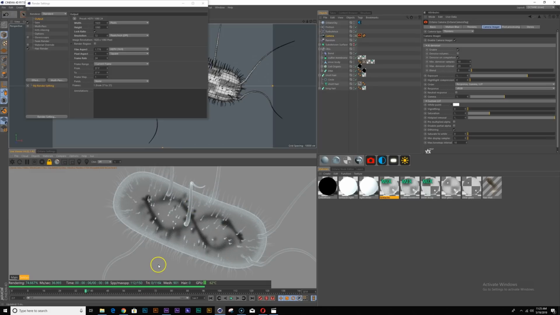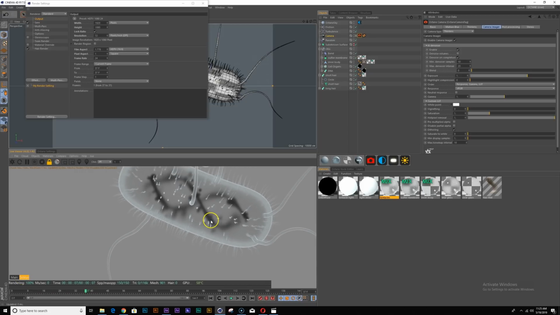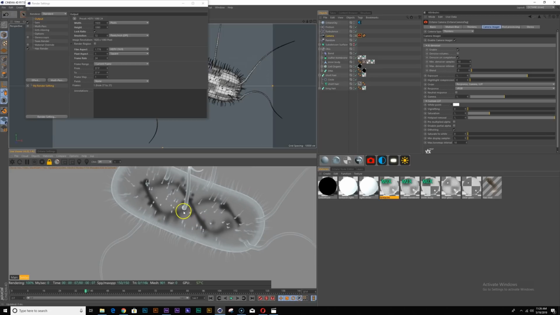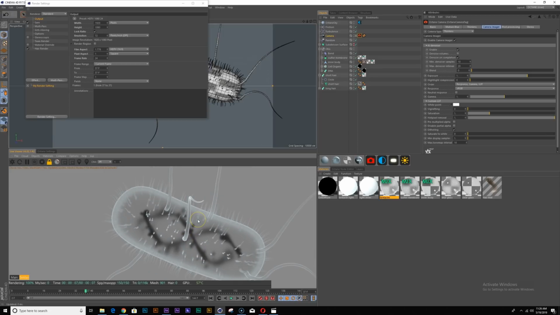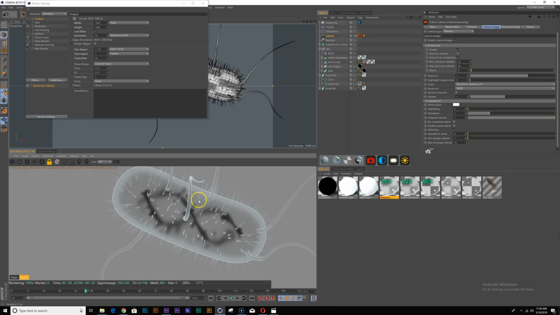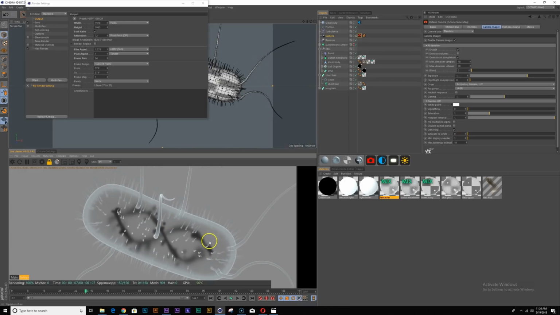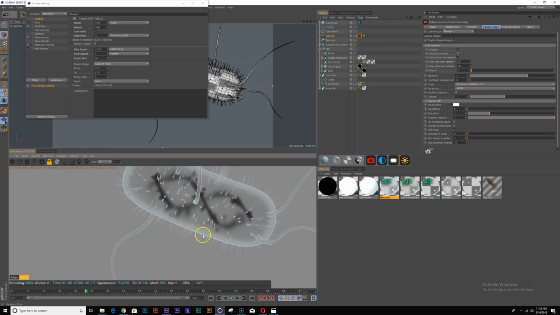Yeah, okay. I think I am good. You know what I noticed? There's a little jagging here. That's probably just the amount of resolution, but I'm gonna ignore that and just go ahead and render the sequence at 150 frames.